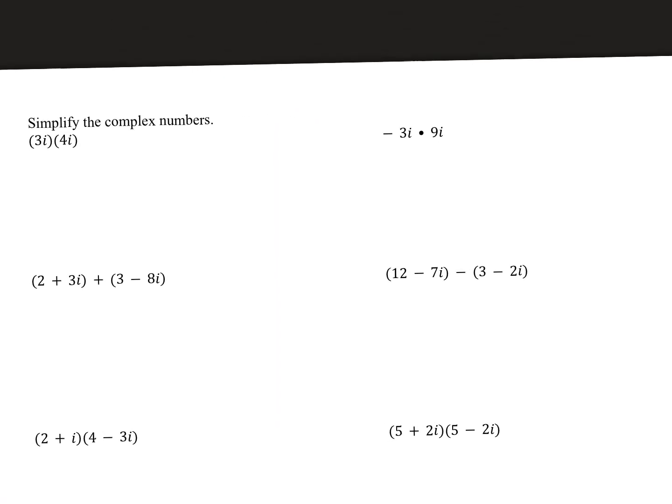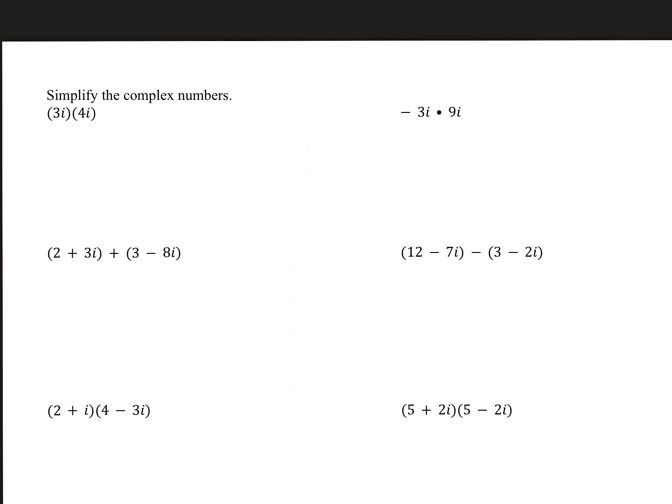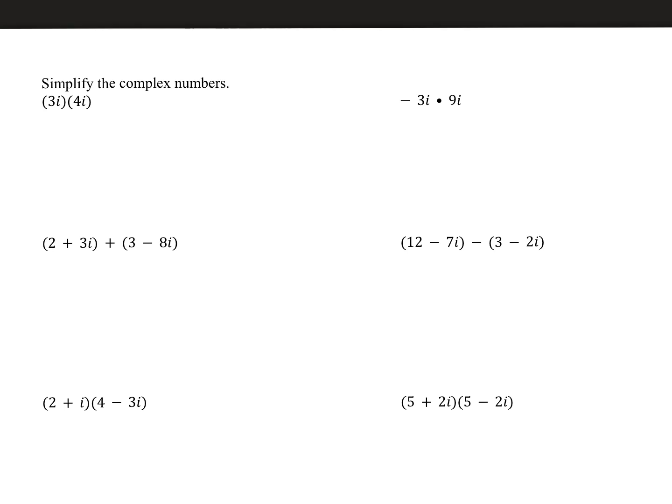Let's now discuss operations with complex numbers. It's very similar to operations with regular polynomials and radical operations as well. So if I have 3i times 4i, similar to when we're multiplying radicals, I'm going to do